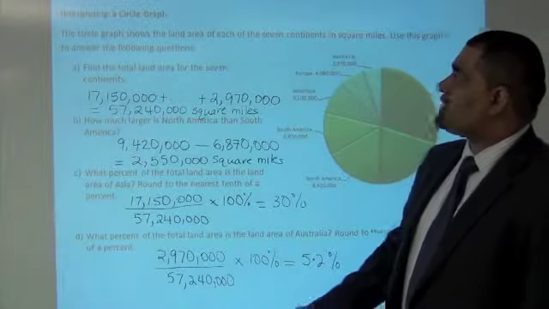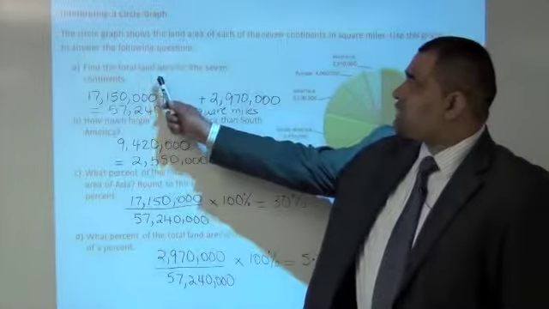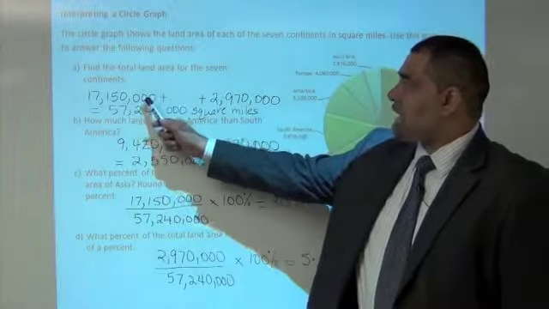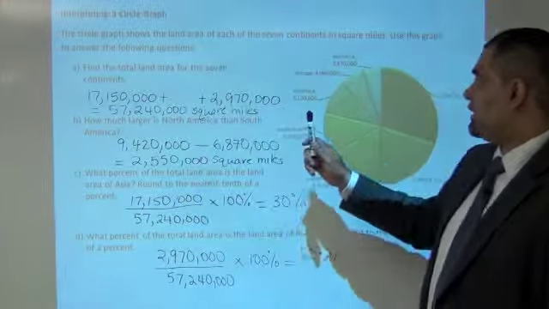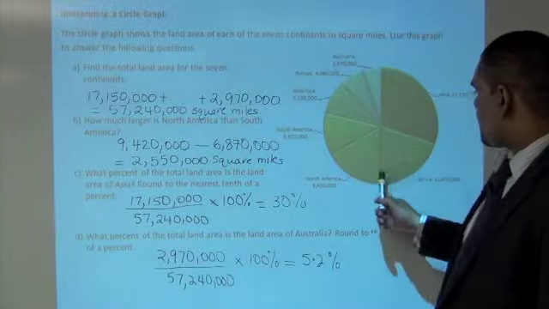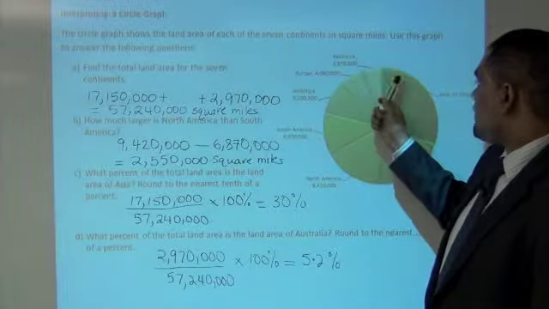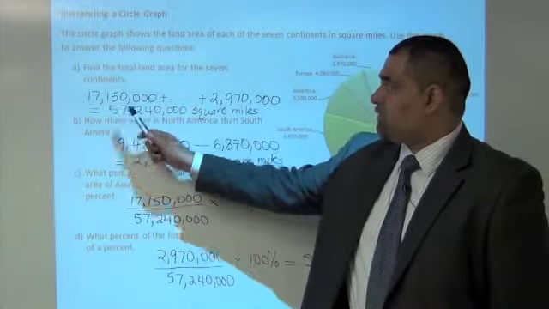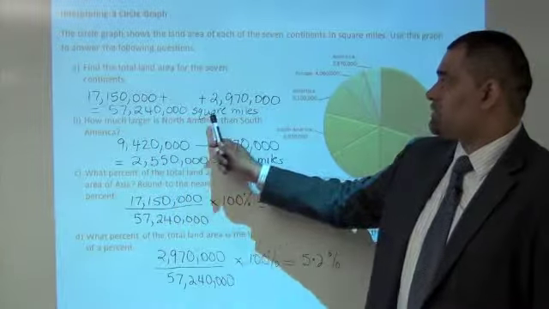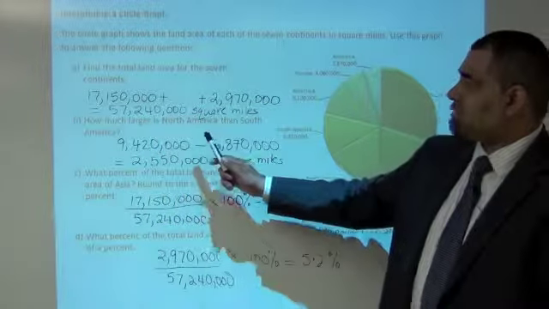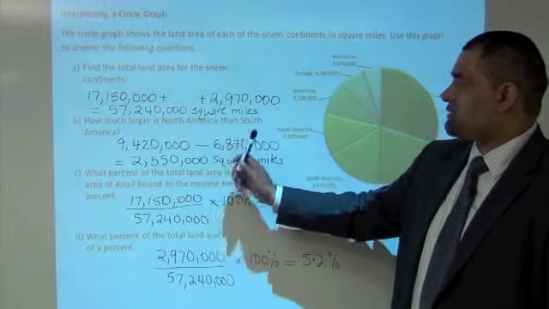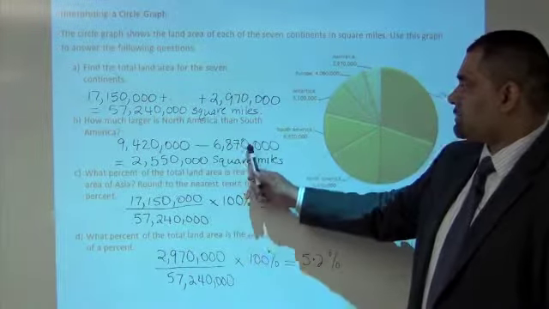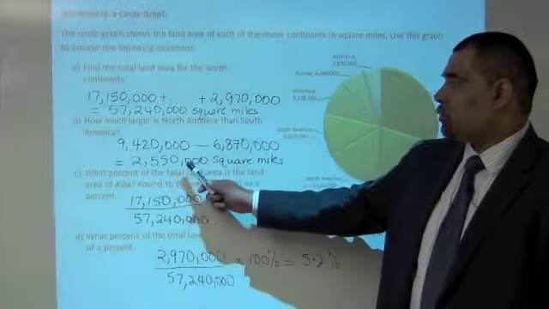Okay, let's review the problems we did. Find the total land area for the 7 continents. So what I did was add all the land area for every continent, starting from Australia, going all the way around to Asia. By adding all the land area, it was 57,240,000 square miles. Now the second one says, how much larger is North America than South America? Again, I need to identify the land mass for North America and South America and find the difference, which ends up to be